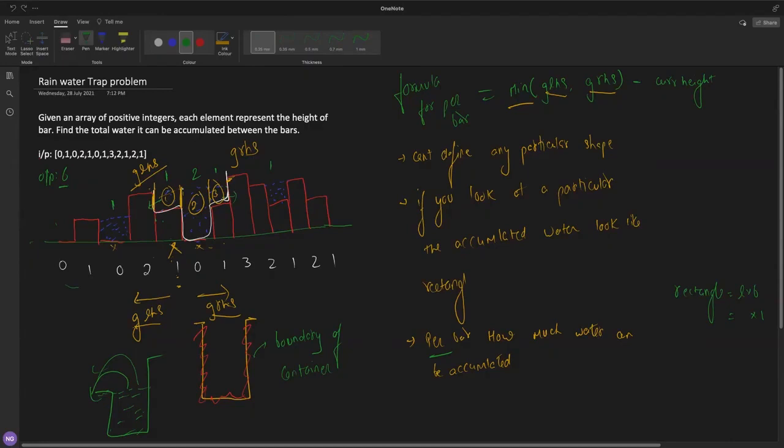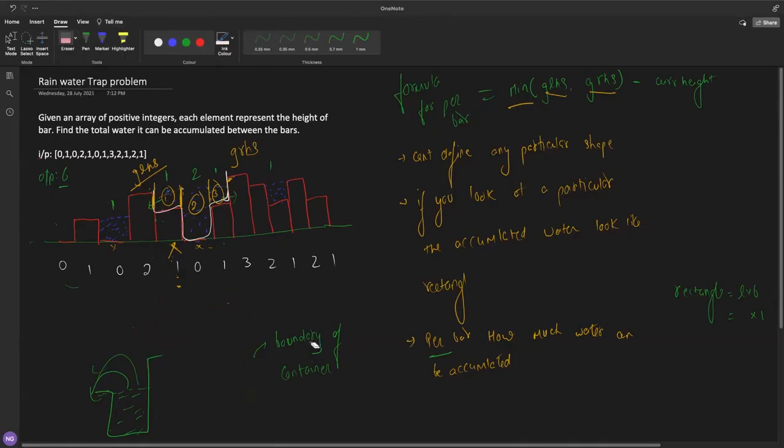Okay, let's discuss. As I told you, you need to find the greatest element on the left hand side and the greatest element on the right hand side. How can we do that? One approach is that for every element, you go to the left hand side to find the maximum element, and you go to the right hand side to find the maximum element.